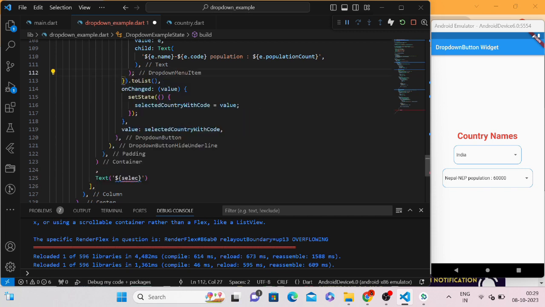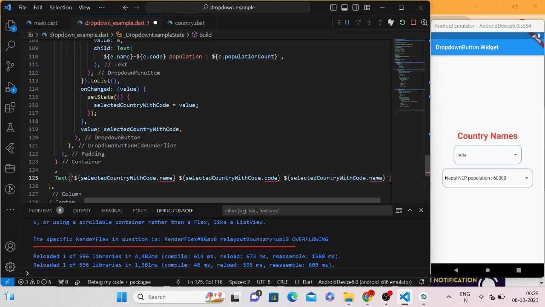Let's copy it from here, selected country code, and first name, then followed by country name, followed by country code, and followed by population. Here it will go population